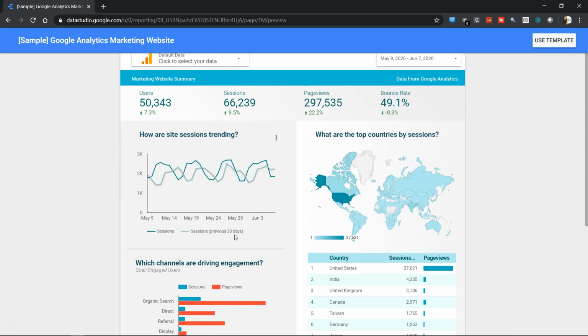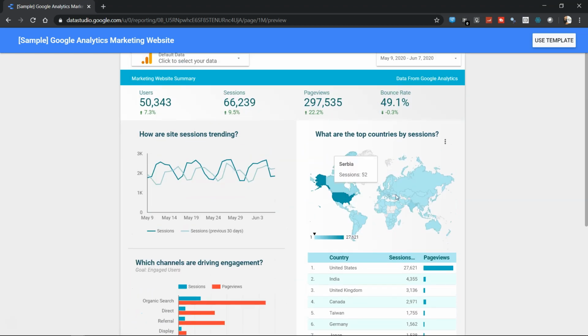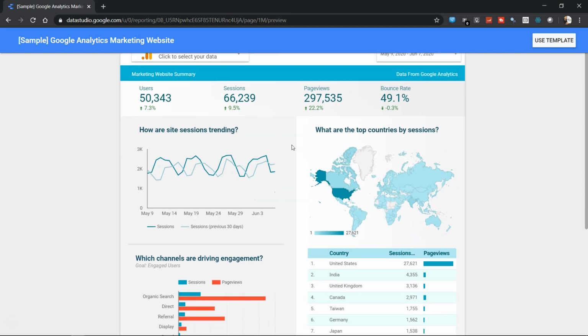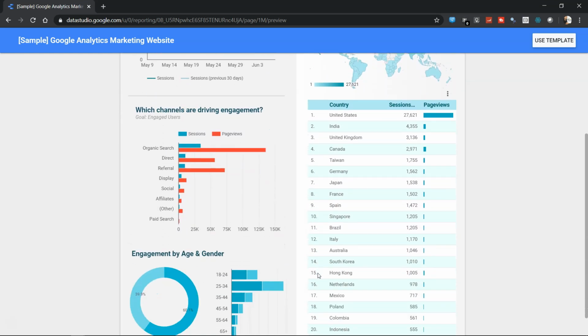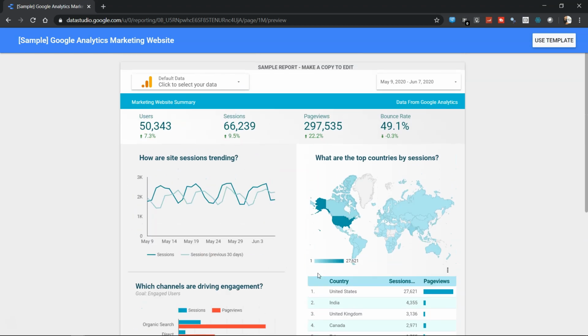So this report, if you see, has charts, a table, a map chart, a trendline chart, some KPIs, and finally some filters. So at a high level, how I understand this report is that it is divided into two sections. The first section is where the information is displayed, that means the area where I am going to consume the information. And second is the interactivity part, which is basically the filters over here.